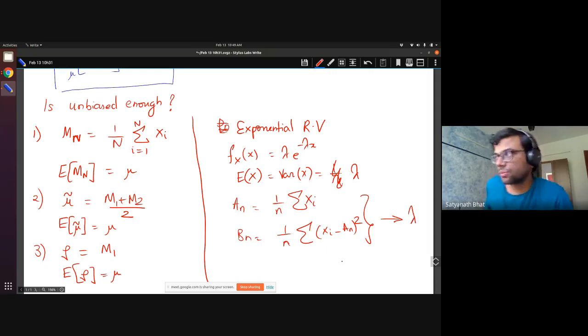So how do you decide which estimator to use? Do you see the problem? I have given you several candidate unbiased estimators, and the question that remains to be answered is: how do you choose which of the unbiased estimators is going to be used for your problem? That is what I'm asking now. So what do you feel? How do we choose it?